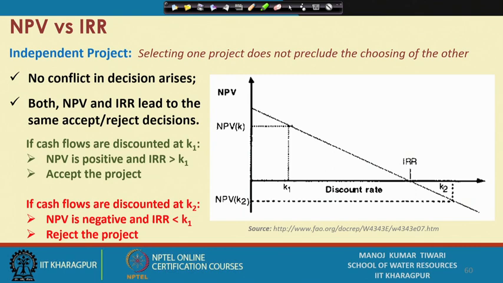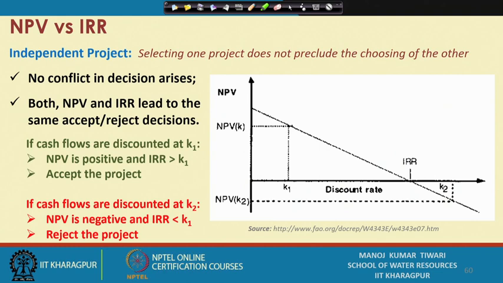These types of projects are independent projects. So, for independent projects, there is no conflict in decision whether we use one technique or another technique, okay, because one project has to be selected. So, whatsoever technique we are choosing, we will see whether it is in agreement with the outcome of that, and if that project